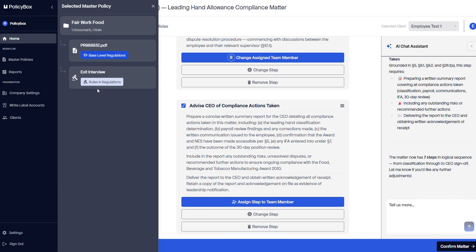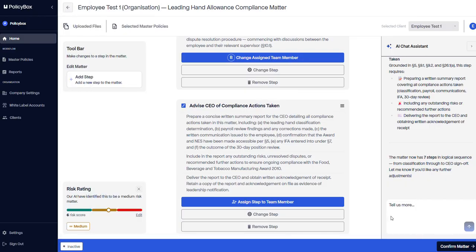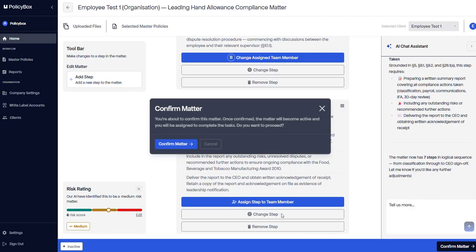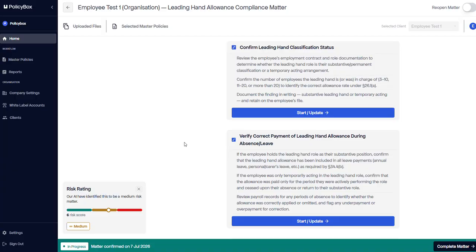You can see there's an exit interview rule. There's the PDF of the obligations or the legislation that was uploaded. And we can confirm that matter and save that. One thing that's really helpful is that if the legislation was to change, or if you were to add some more compliance rules and that was uploaded to the system and you came into this matter, in this section here, you would see an update telling you that a legislation, rule, or compliance obligation has changed, and it'll give you the opportunity to make an update to the matter in the future. I'll confirm this matter, and you can see that it is now confirmed,